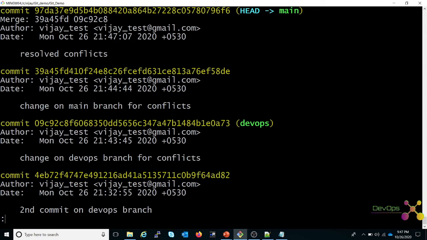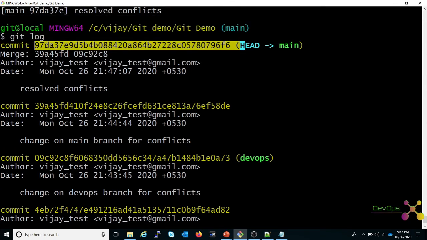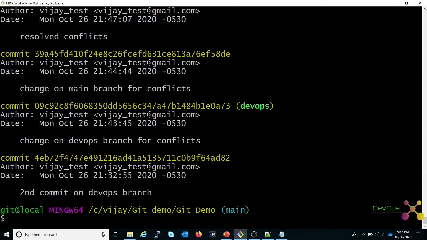You can see it has created a new change on DevOps branch, main branch, and the one which we want to keep. So this is how we resolve the conflicts. Okay, so this was the conflicts resolved in case of rebase. Let's do the same thing with the steps followed when the conflicts was there in git merge.